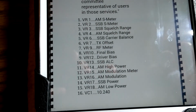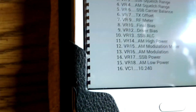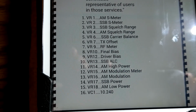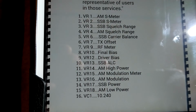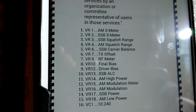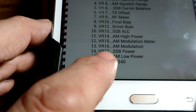I'll tell you what, don't mess with anything on here if you don't know what you're doing. I know how to do the final bias and all that, but you've got to get a voltmeter out and check voltages, and there's a certain procedure you have to follow. But as far as any newbie just buying one of these radios and just wanting to turn the modulation up a little bit and adjusting maybe the power so you can run a little amp, you need a lower dead key. All you're going to be messing with is VR18,